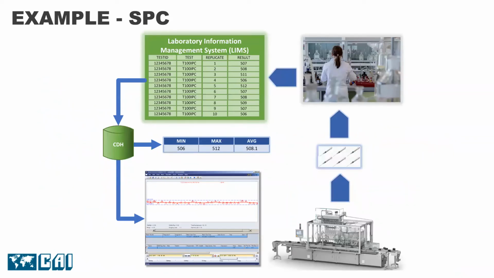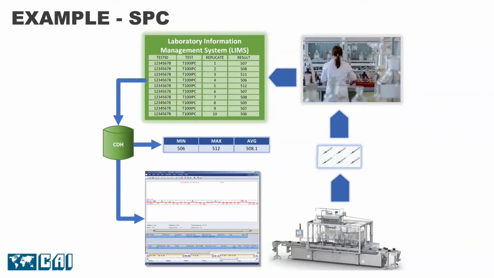My goal was to provide a rules-based control strategy for controlling the filling machine that used statistical process control. For our historian, the SPC tool only supported data that was in the historian. The first thing I had to do was get the expelled weight values out of LIMS in near real time. In this case, I had to use database triggers within the LIMS to write the weight values to the contextualized data historian when new entries were created in the LIMS for this specific expelled weight test.